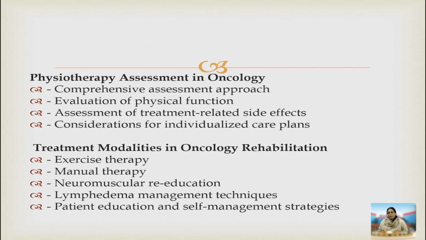So the treatment which can be considered in oncology rehabilitation includes exercise therapy. That means you can go for manual therapies, passive range of motions, and assisted motion as the patient's condition permits. Manual therapy includes reducing joint stiffness, such as shoulder stiffness or knee stiffness, which can be due to long immobility or underlying osteoarthritis or arthritic conditions. Neuromuscular re-education or some of the PNF techniques are very helpful, especially in oral cancer patients,